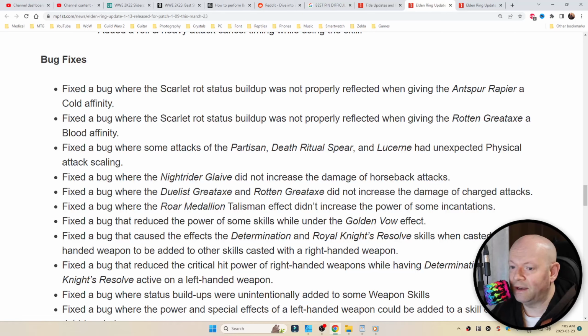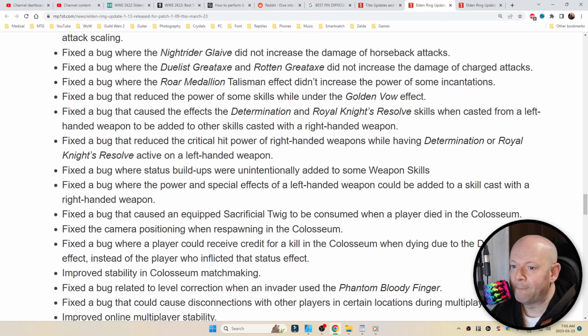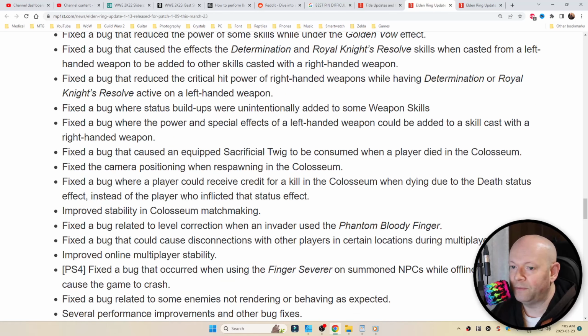increase the power of some incantations, or a bug that reduced the power of some of the skills while under the Golden Vow effect, or that caused the effects of Determination and Royal Knight's Resolve skills, when cast from a left-handed weapon, to be added to other skills cast with the right-handed weapon, as well as a bug that reduced the critical hit power of right-handed weapons while having Determination or Royal Knight's Resolve active on the left-handed weapon, or where status build-ups were unintentionally added to some weapon skills, or where the power and special effects of left-handed weapons could be added to a skill cast with a right-handed weapon, a bug that caused an equipped sacrificial twig to